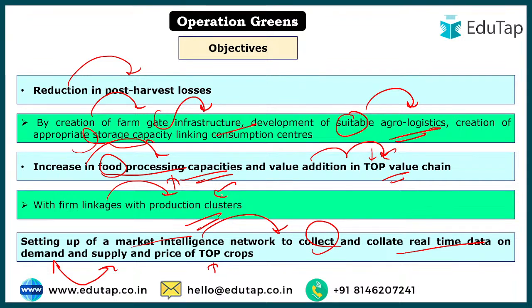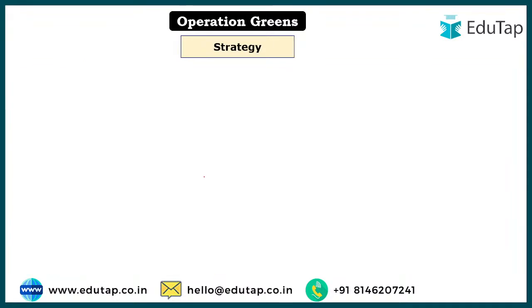All right, so another thing that will be done, market intelligence network will be established so that the idea about what is the current data, what is the current demand and supply in the market is there, that can be notified, right? Now we have said that two things will be taken care of: stabilization of market, along with that infrastructure will also be taken into consideration under the scheme, right?